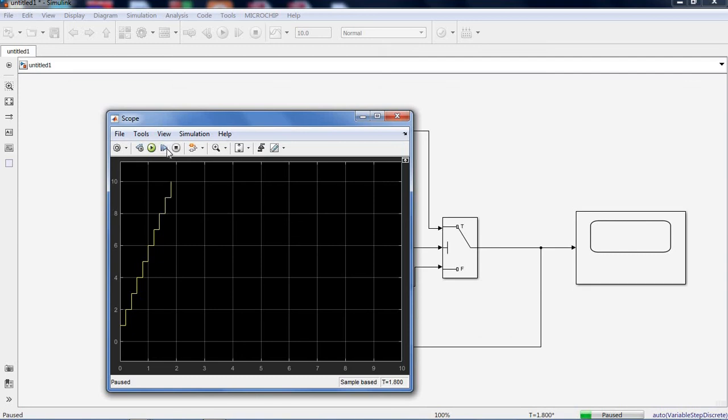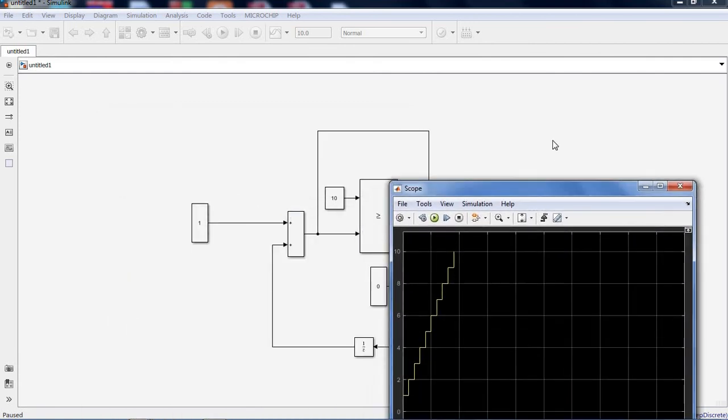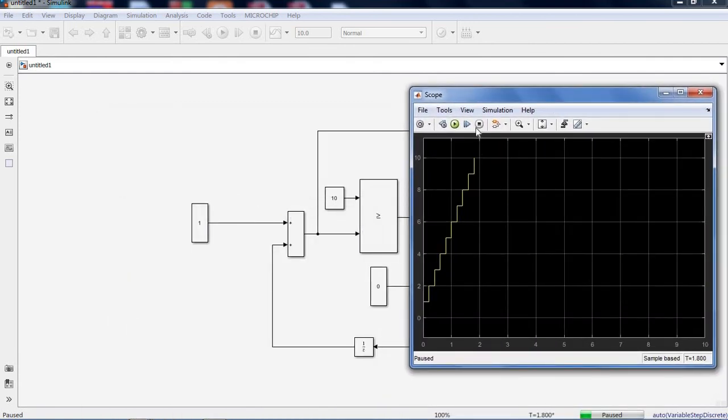Now we have to reset the counter because our maximum limit is 10. So it will now reset the counter. Now again it will come back to 0. Then if you run again, it will start from 0 to 1 2 3 4 5 6 7 8 9 10. Again it will reach 0.